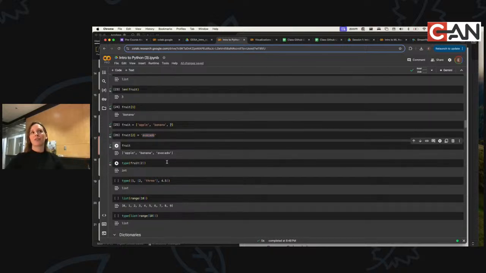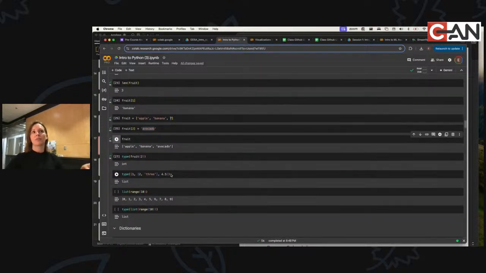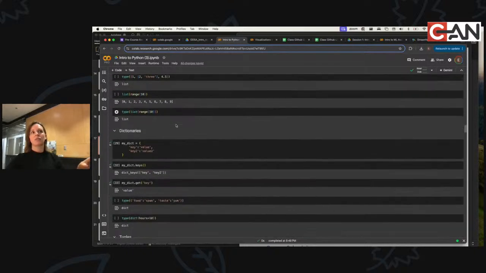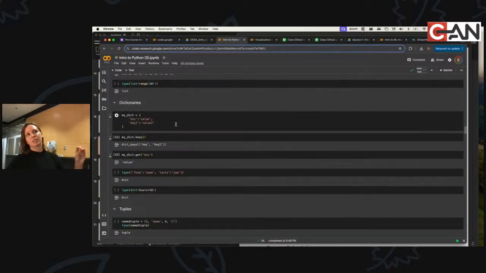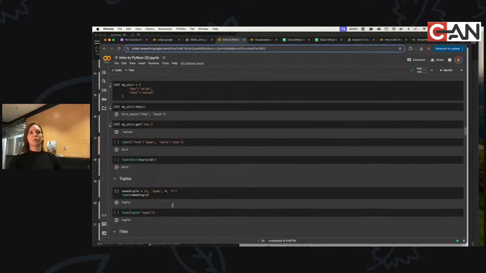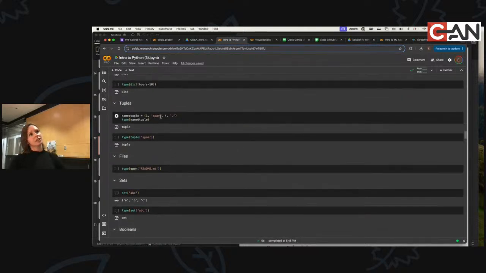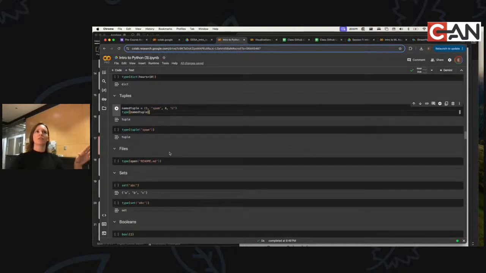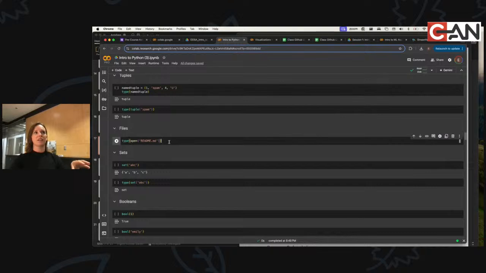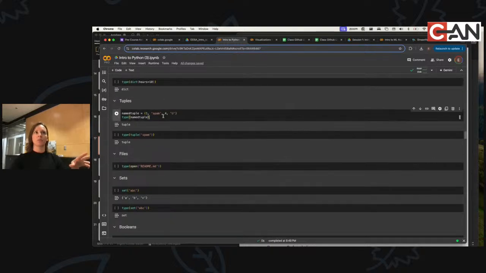You cannot do that for all data structures. Not every type of data structure will let you do that. Lists will let you do that. I can't remember if dictionaries are mutable. I believe dictionaries are not mutable. Oh, but you have to use the function. Yeah, you have to do it based off the key. So these are mutable. Tuples, I don't remember. Tuples might not be mutable, but you don't really need to know about tuples. We're getting a little down the rabbit hole when we get to tuples. I think that you can get through this course without being super familiar with tuples.